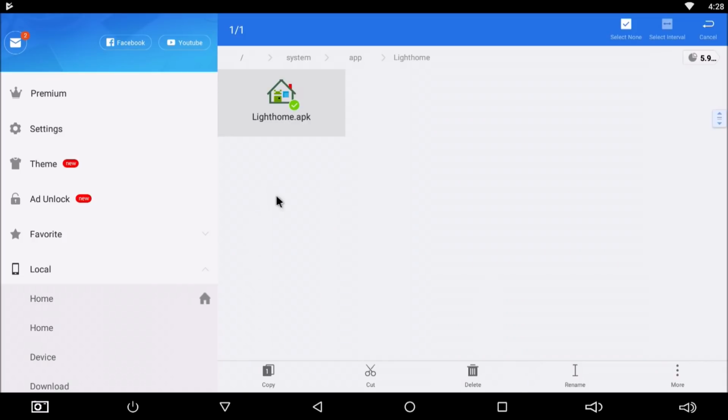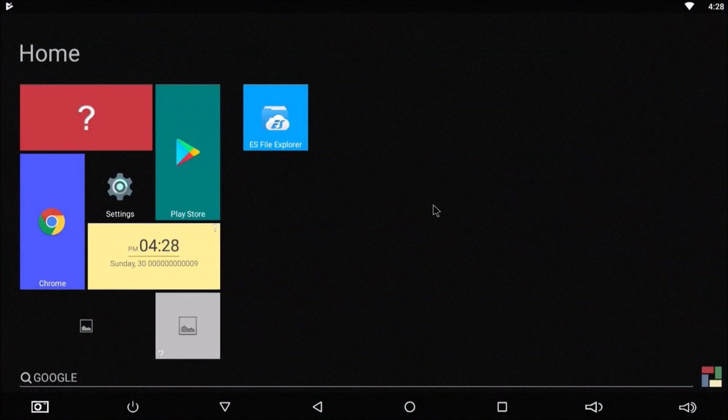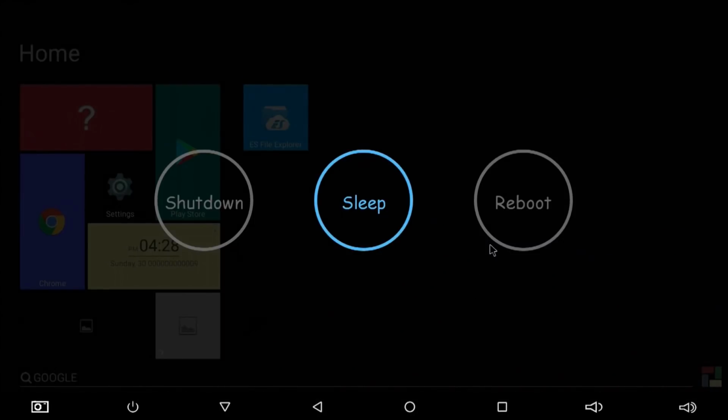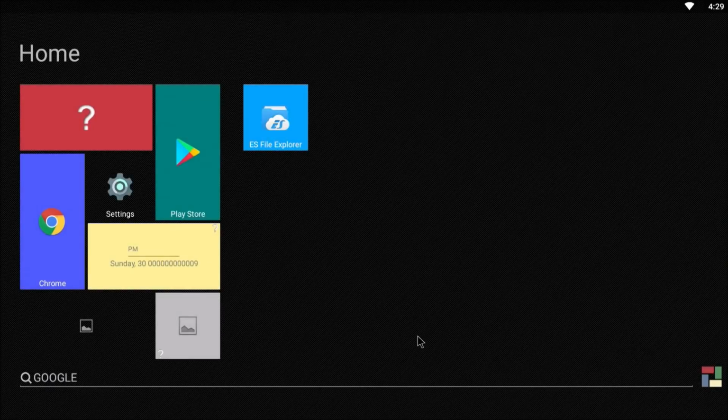Okay. So now that you've changed that, let us clear all. And for that to be active, you need to reboot the system. So let's reboot. Alright, as you can see, this popped up, and we're just going to say Square Home just once. Now if you don't get that pop-up,